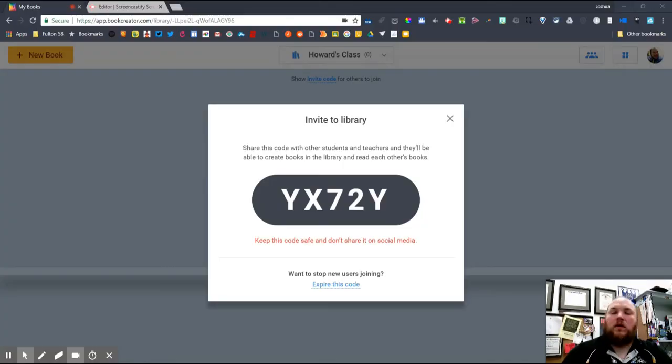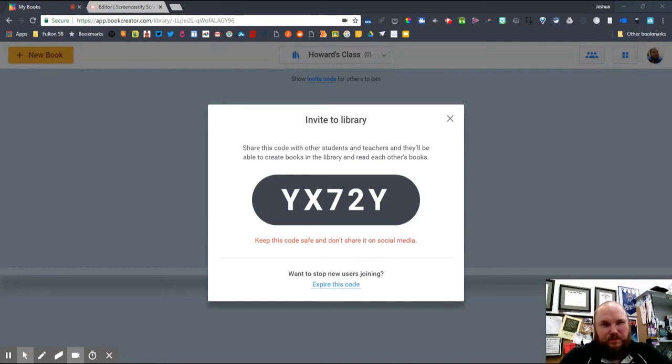books. Now, one thing to remember when you have a shared library is that on the free account, you have a limit of 1 library, and you have a limit of 40 books. So you might have to be creative with archiving books, sharing books out, and deleting books to make new